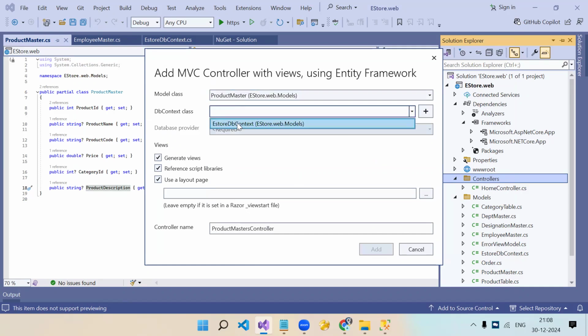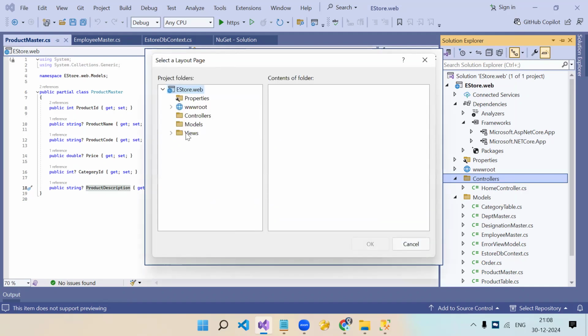Currently we just have one DB context class. In a project, we can have multiple DB context classes, because one project can get data from multiple databases. So there can be multiple DB context classes, and we need to specify which DB context this model is from. So that's what we specified. Then here we just need to select the layout page from Views, Shared,